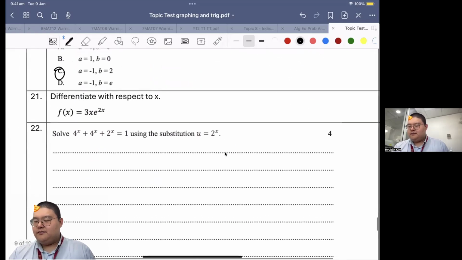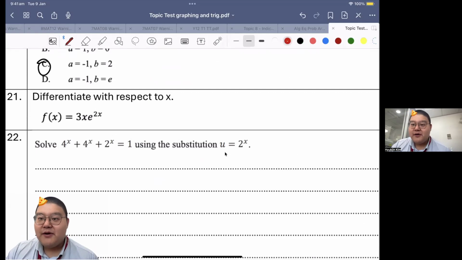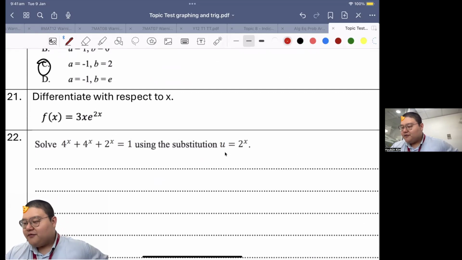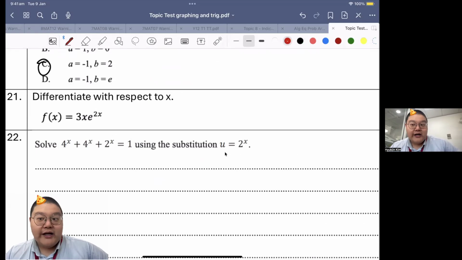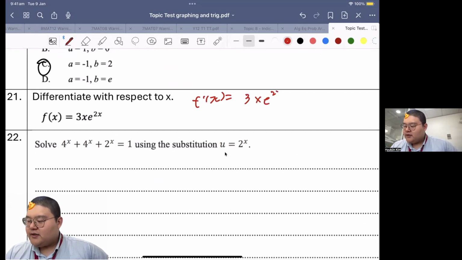Should be fine. Differentiate with respect to x. Use the product rule with the bunny ears. You bash me, I bash you, whatever you prefer. That's fine. Do it right. That's all I care about. f dash of x equals 3 times e to the 2x, now plus 3x times